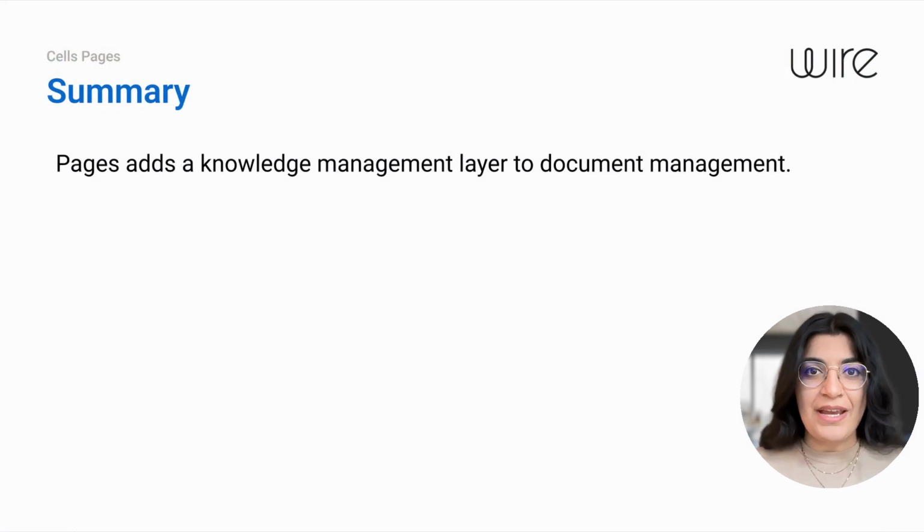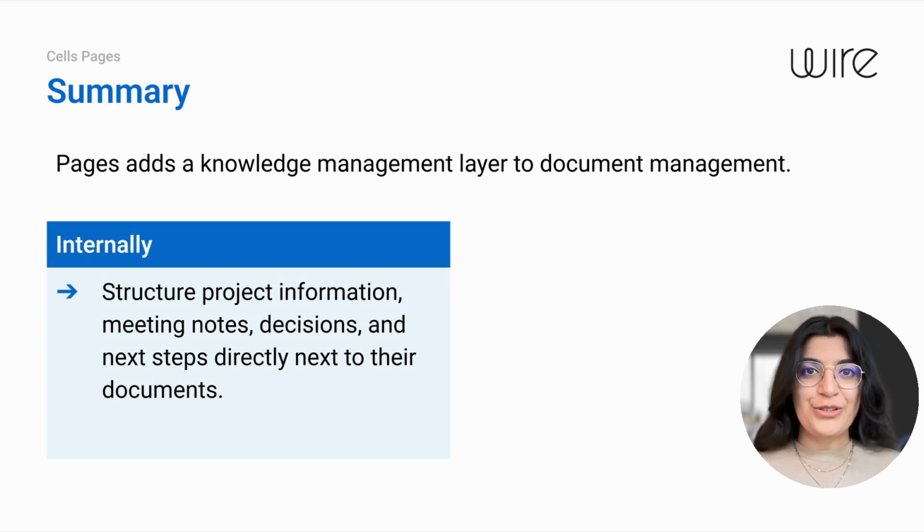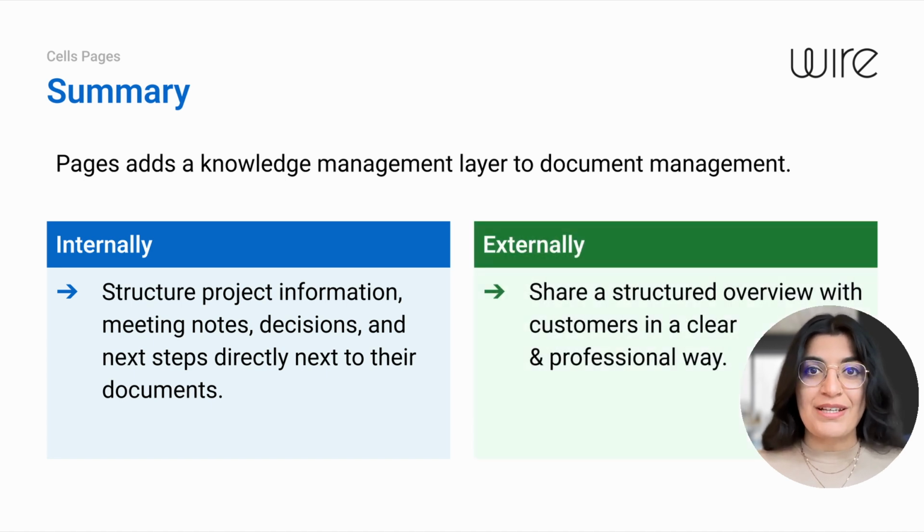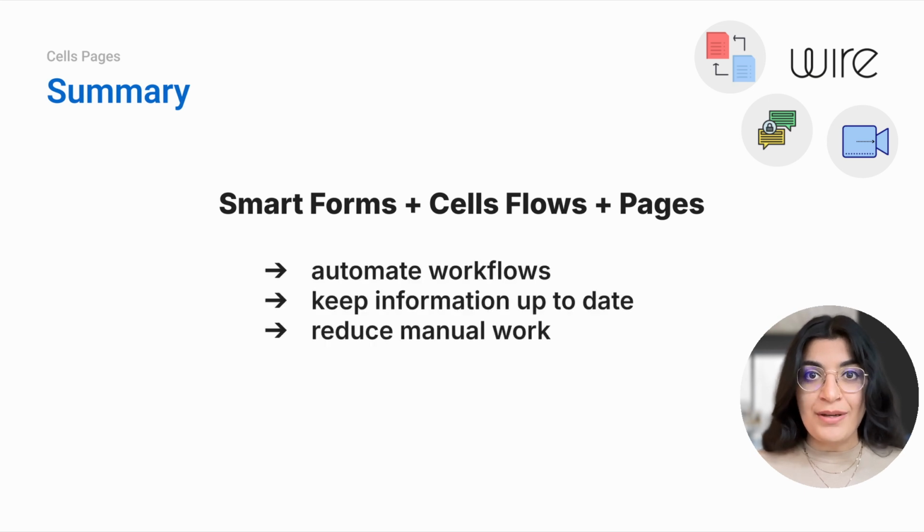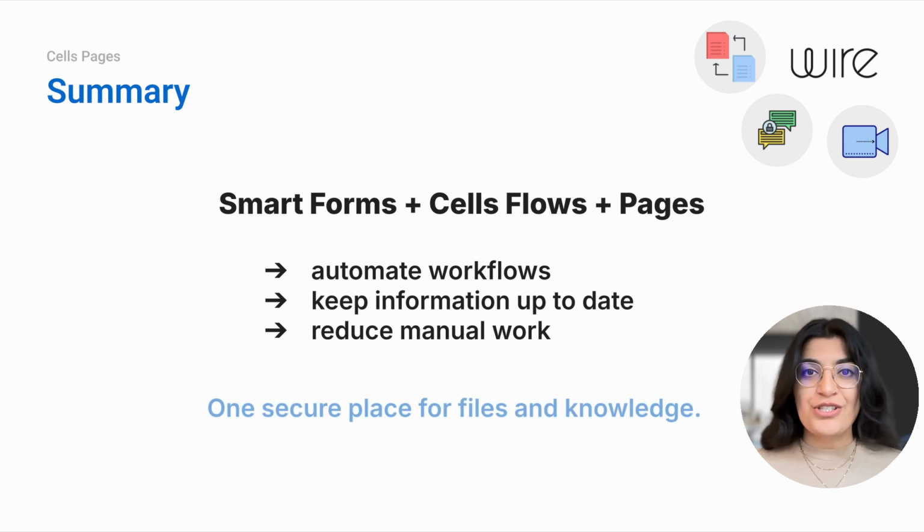What you've just seen is how Pages adds a knowledge management layer to Cells Enterprise document management. Internally, teams can use Pages to structure project information, meeting notes, decisions, and next steps directly next to their documents. Externally, Pages makes it easier to share structured overviews with customers in a clear and professional way. Now combined with SmartForms and Cells Flows, Pages can support automated workflows that keep project information updated and reduce manual work. The result is one secure place for files and knowledge, helping teams stay organized, save time, and keep projects